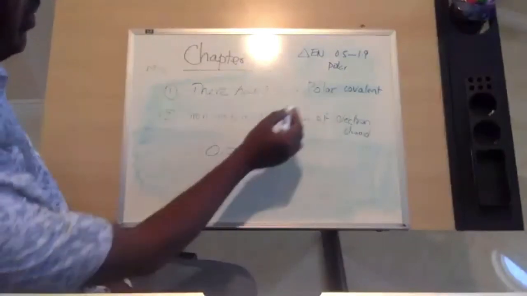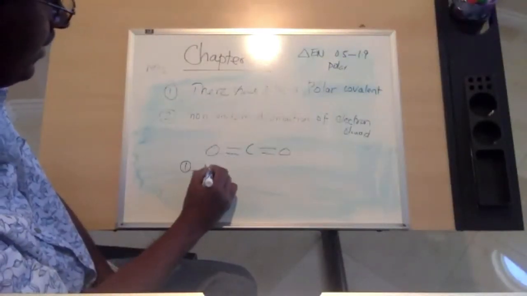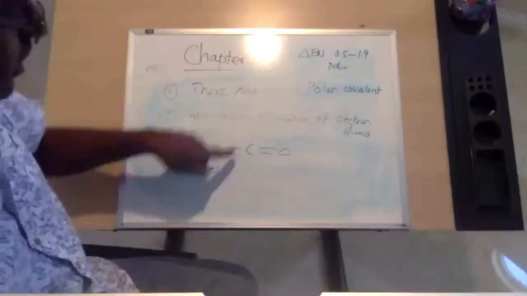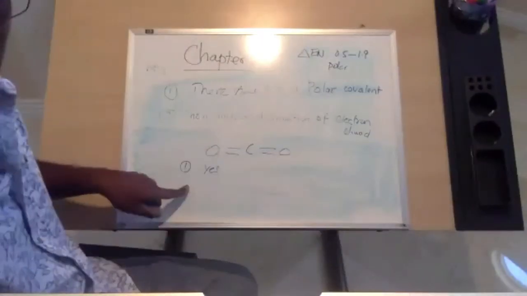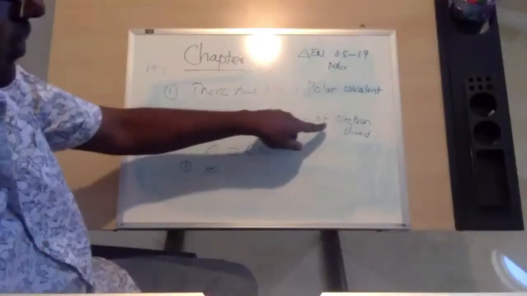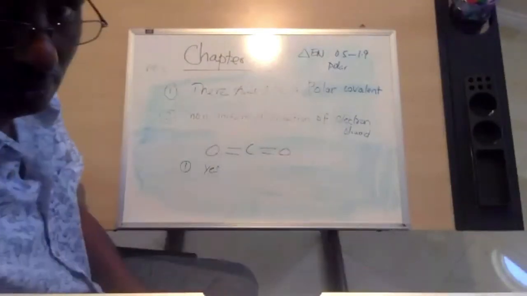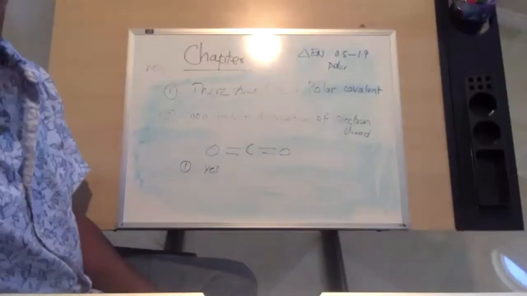Okay. So here's an example. You look at it, yes, this does contain a polar covalent bond. It satisfies the first criteria. It does contain a polar covalent bond between a carbon and oxygen. The second thing is you have to think about the electron cloud. Is it uniformly distributed or is it a distorted electron cloud? So all you have to think about is,